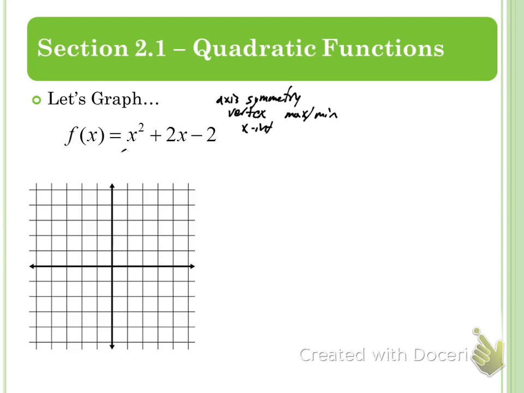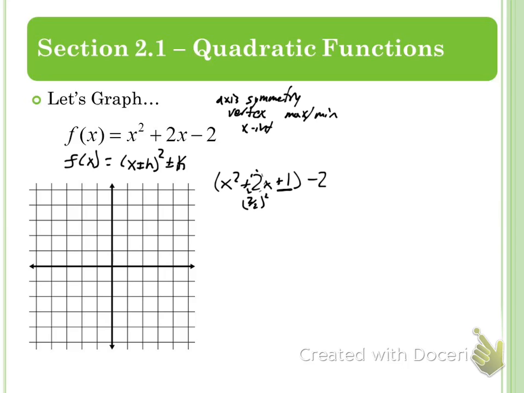So with that knowledge, I'm going to change this thing using completing the square to where it's in the other form, the standard form, which is x plus or minus some h value squared plus or minus some k value, to where I have how much is it moving inside and how much is it moving outside, and then it's way easier to solve as well. So let's start with this, and I've got x squared plus 2x and then minus 2, and so I want to know what's going to go in this blank here, and I'm going to figure that out by taking half of this middle number. So take half of this middle number, 2 divided by 2, which is 1,